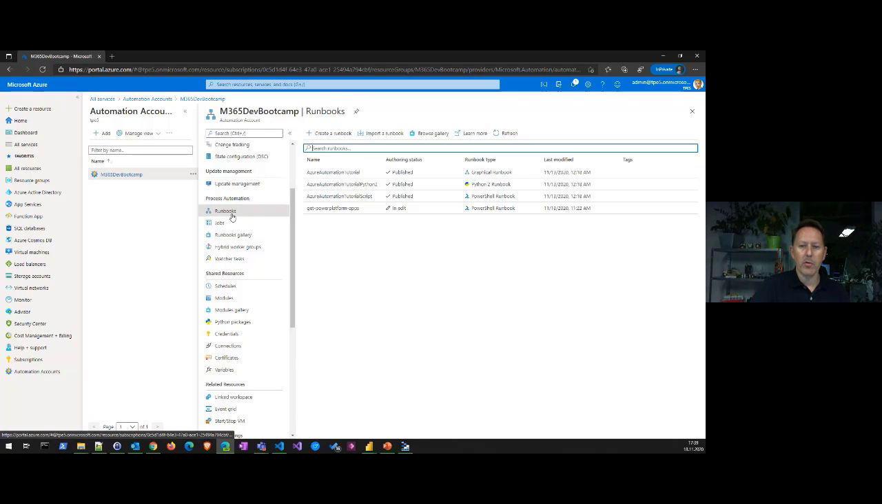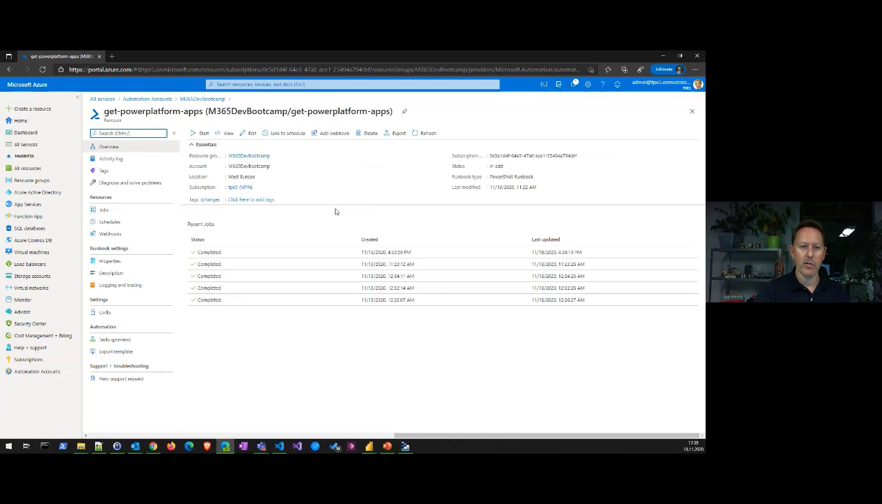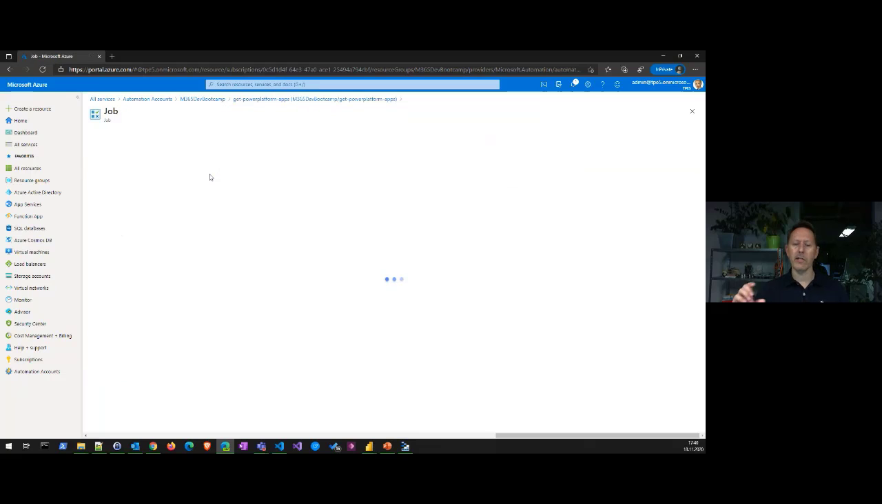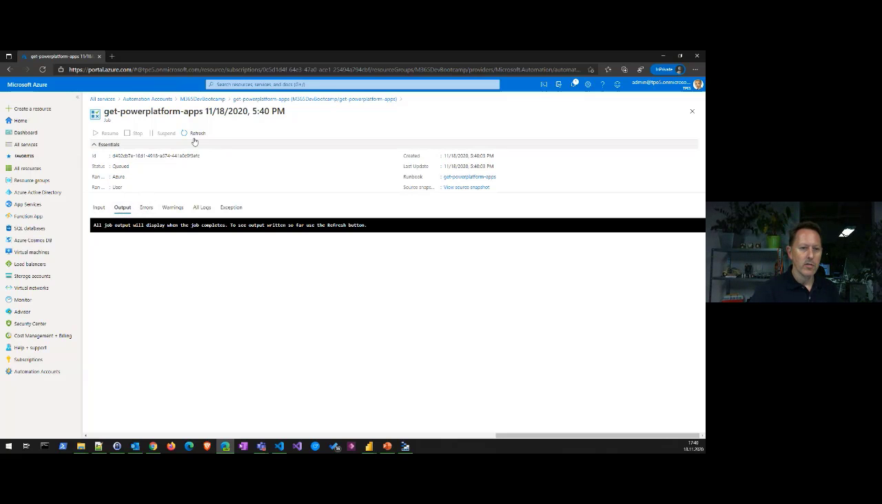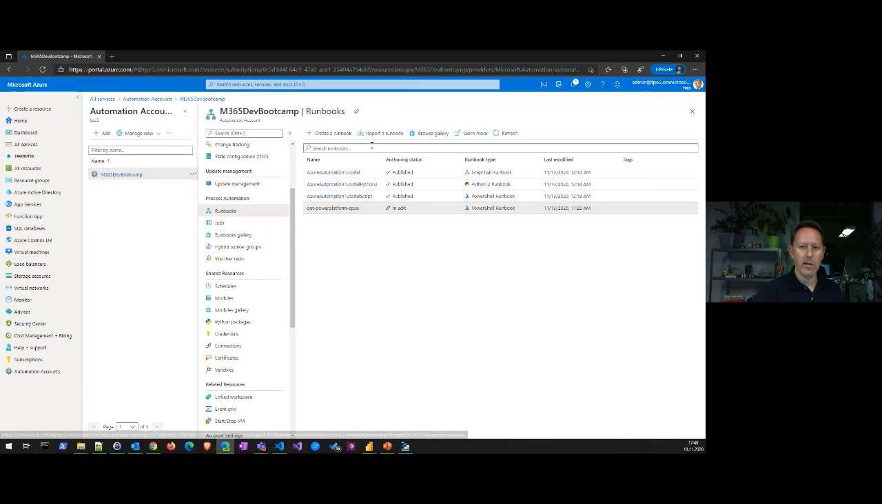And let's have a look at the runbooks. It's a PowerShell runbook called Get Power Platform Apps. I started it because usually it takes some time to spin up the virtual machine to inject that runbook and the environment variables. So this usually runs about a minute or so. So let's see if I click refresh. Again, it usually takes some seconds, up to a minute or so. It should initialize. And what does it do in the meantime while it's running? Let's have a look